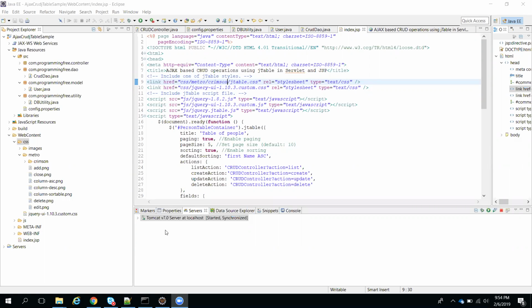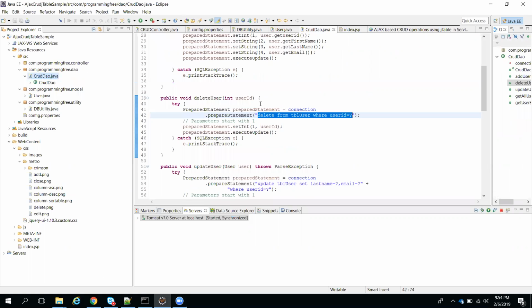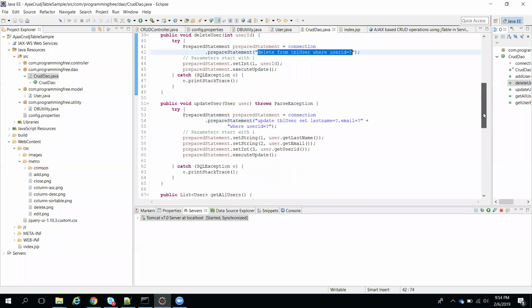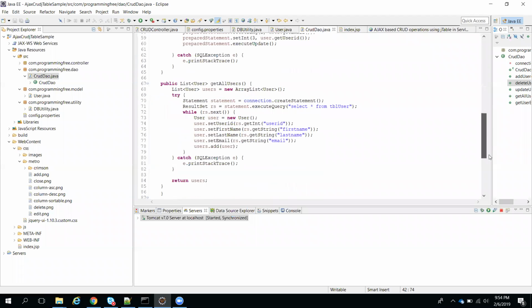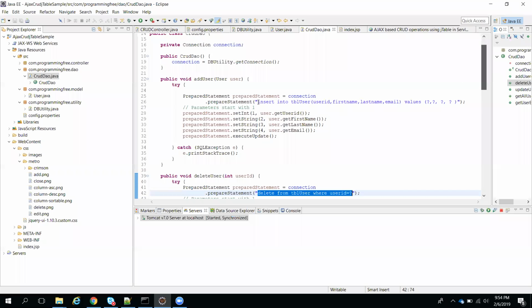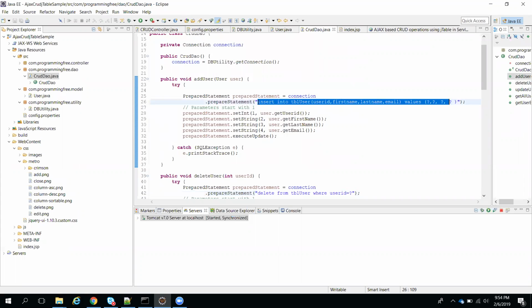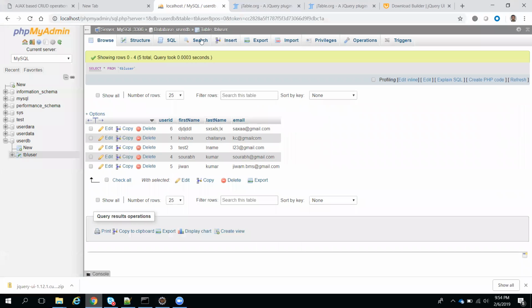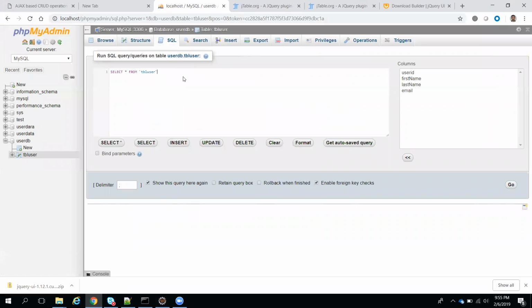What I'm trying to do is take the query of the existing one and execute the same kind of query. There is an insert query; when you're creating, there should be one insert query. So I will take this one. In real time, I will show you how this query will work. Now in the database, I'm going to execute this query multiple times, and I will pass these values.